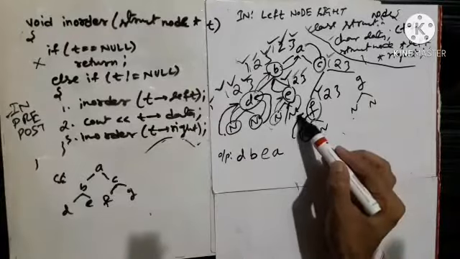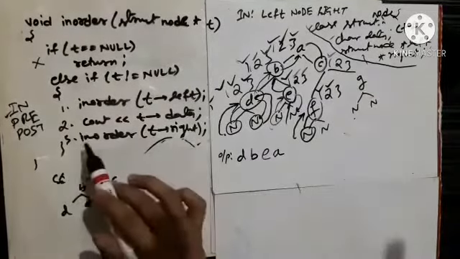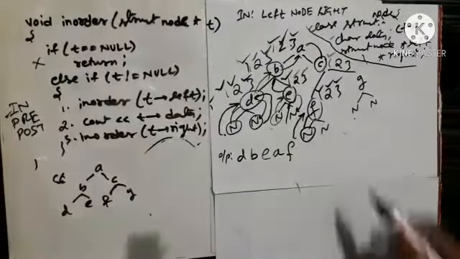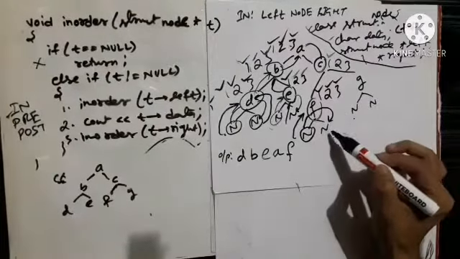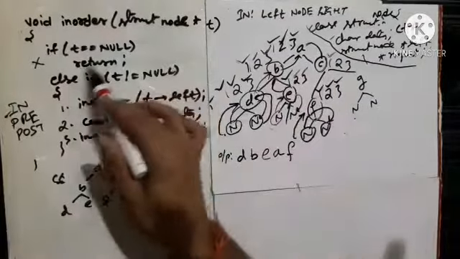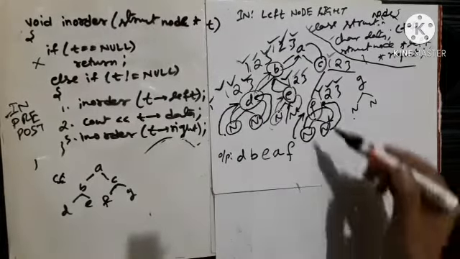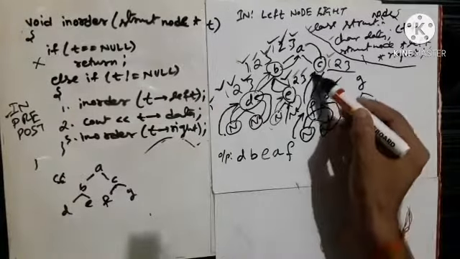The control is again going back to f, and now it will execute statement 2 which says cout t ka data is f, and now it will execute statement 3. Again f will pass the address of this node as t. Now t is again null, so it will return nothing. The control again comes back to f. Now f has already done these statements, so it will give the control back to c.